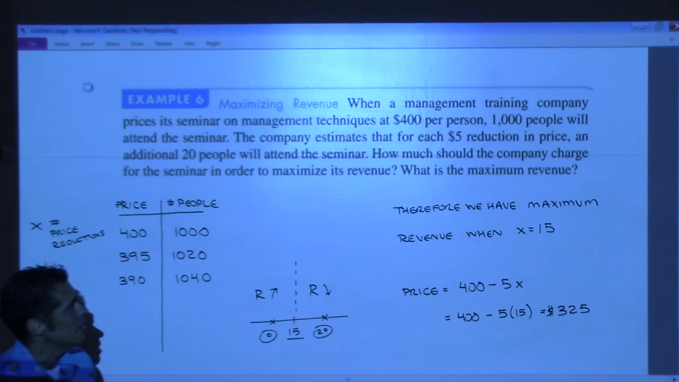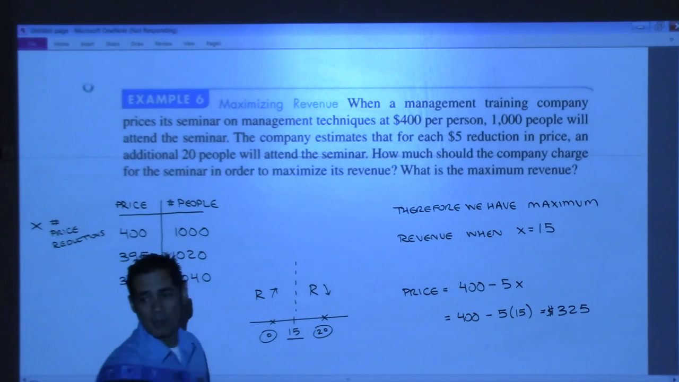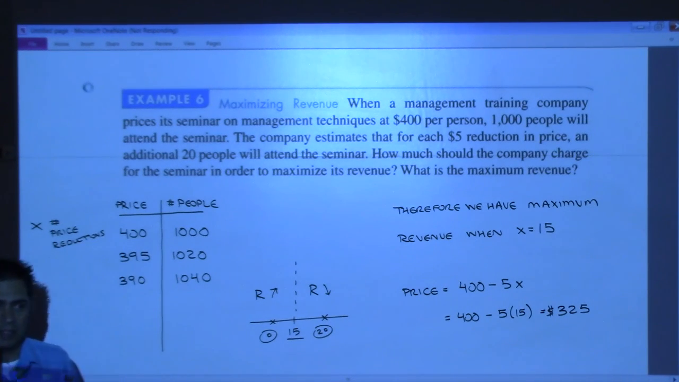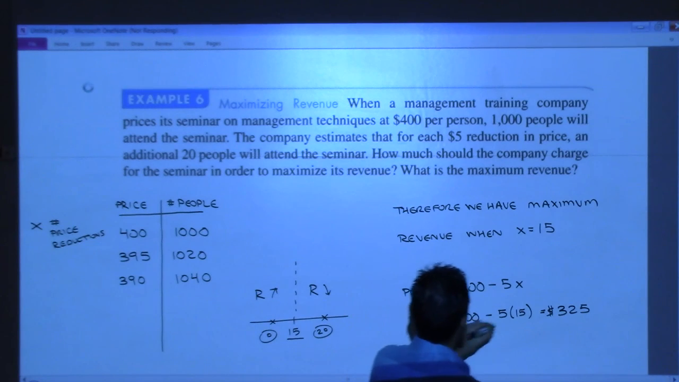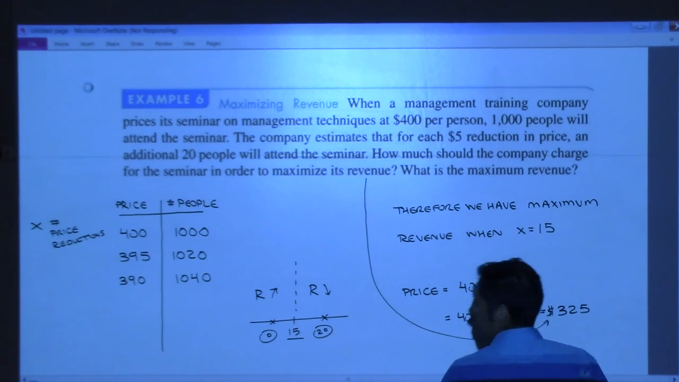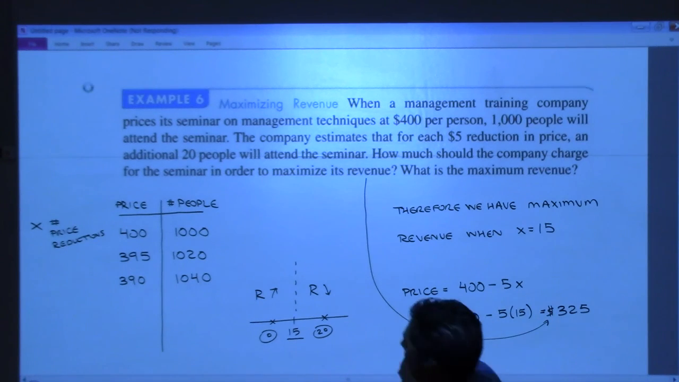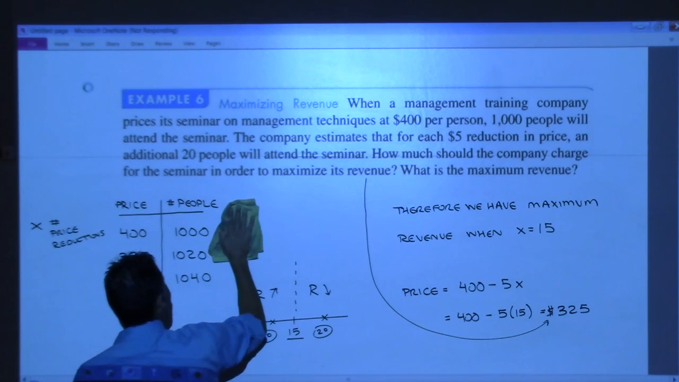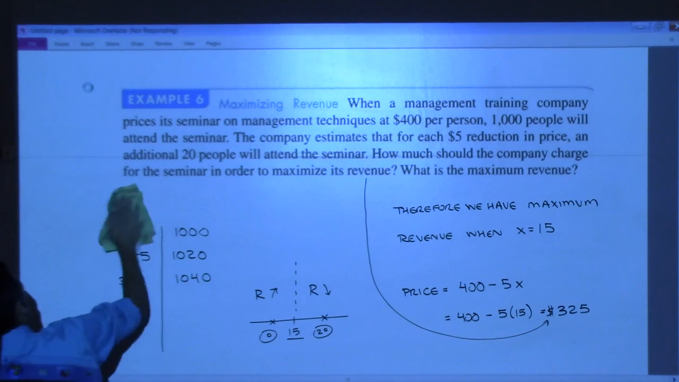The next question is, what is the maximum revenue? How are you going to figure out the maximum revenue? You can plug it into the original revenue function. We had the original revenue function down, didn't we? So this part right here, this answer is this. But now to address the second question, we could put